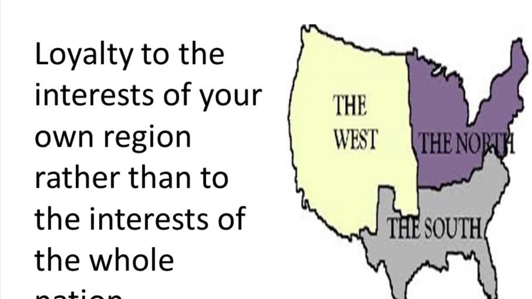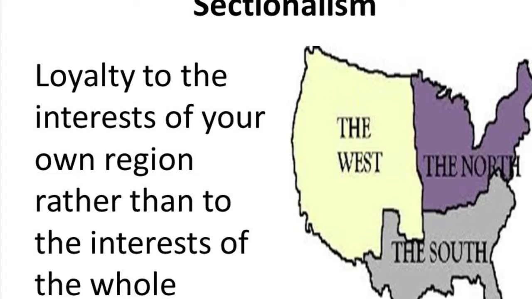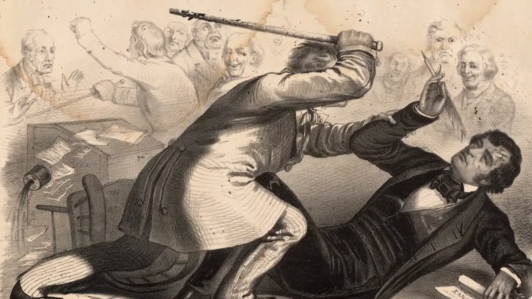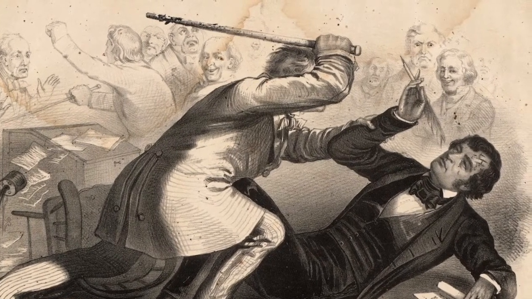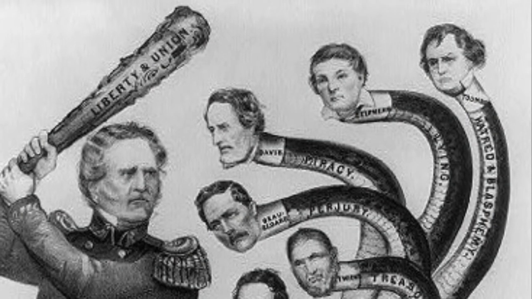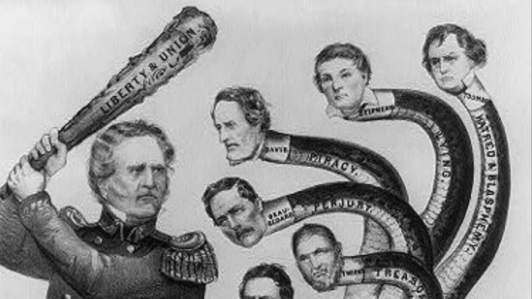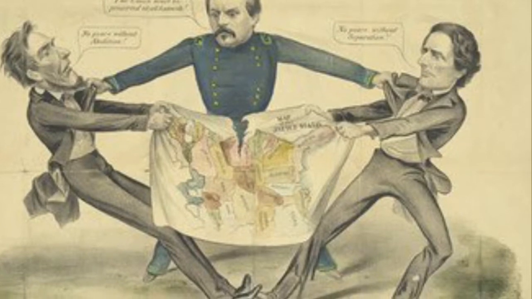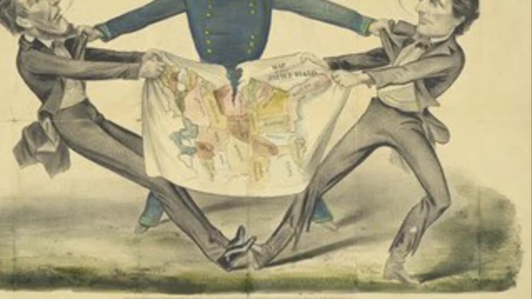Sectionalism was the idea that people from the South saw themselves as Southerners, and people from the North saw themselves as Northerners, and this led to the issue that neither of these regions saw themselves as Americans. They didn't see themselves as a united country. It was more of an envy game. The reason for them seeing themselves as different was the fact that they had different views and morals. You could see the split economically and geographically, and it felt like you were in two different parts of the world, not the United States. They had no reasoning and wouldn't put themselves in the other's shoes and see what life was like on the other side of the country.